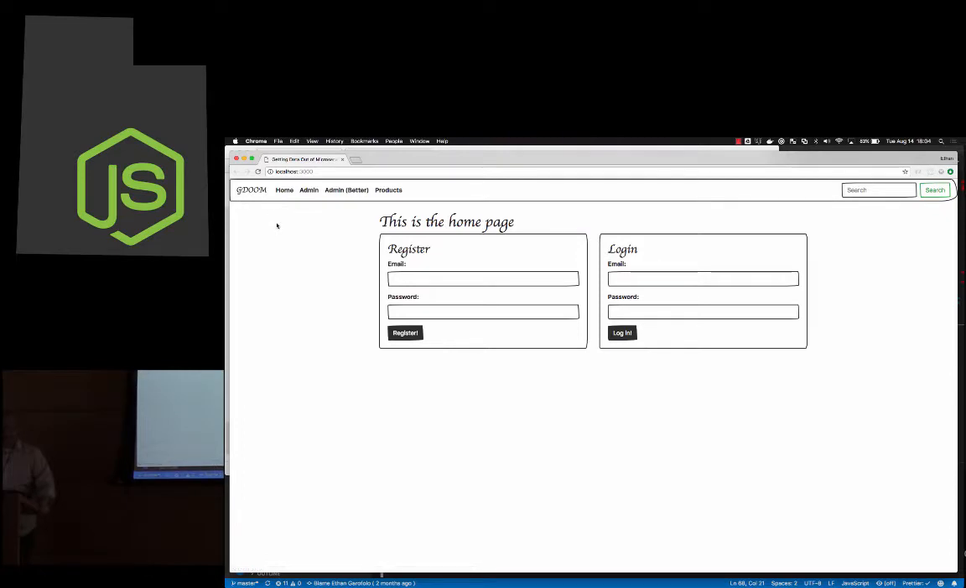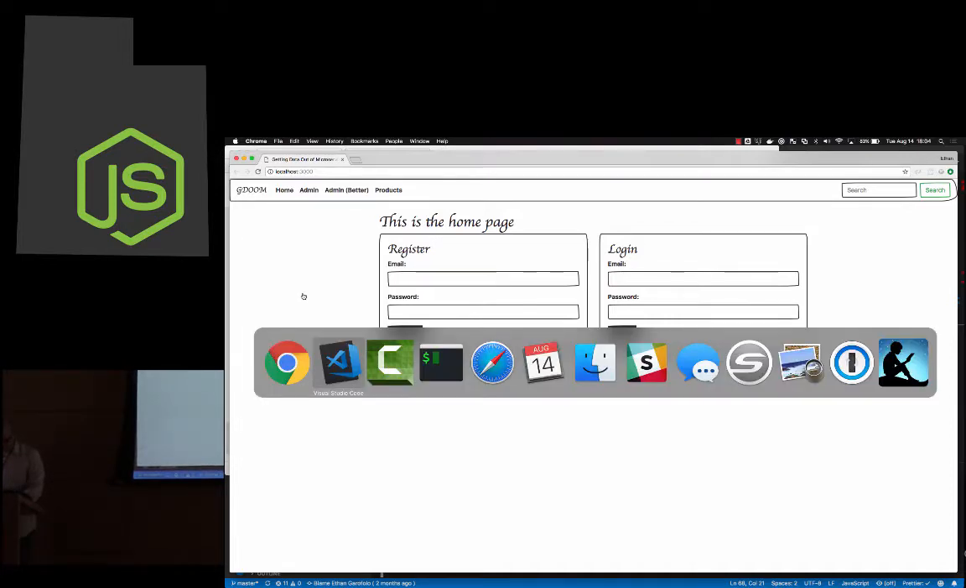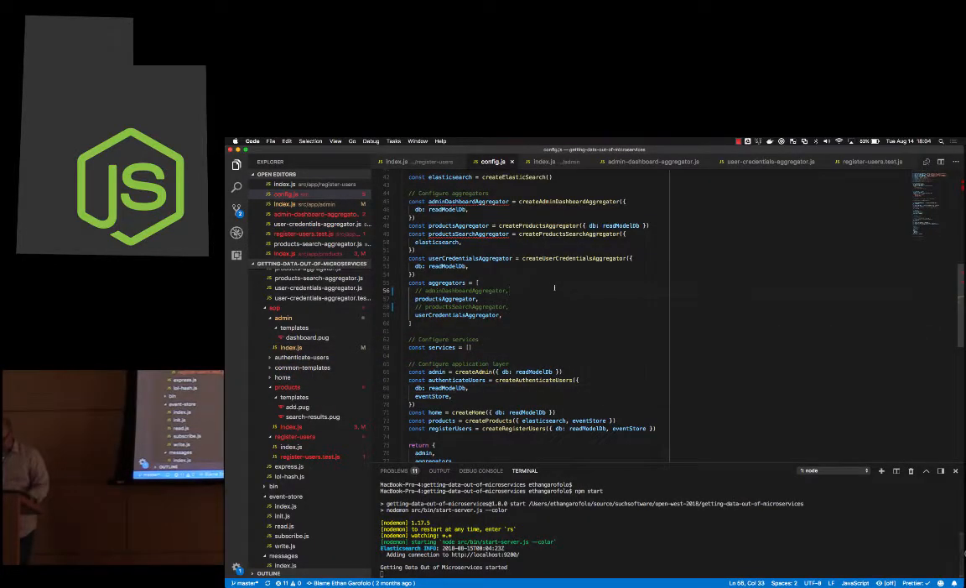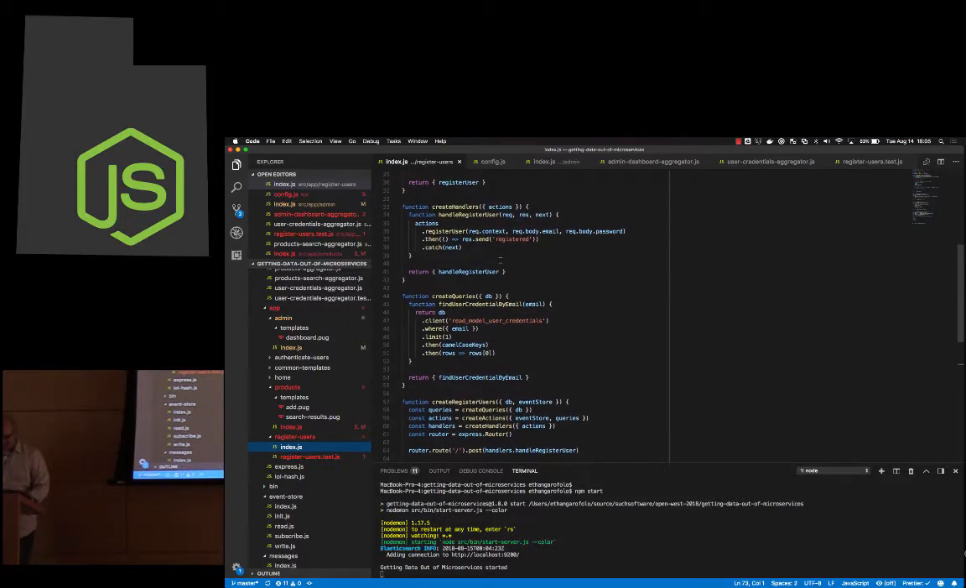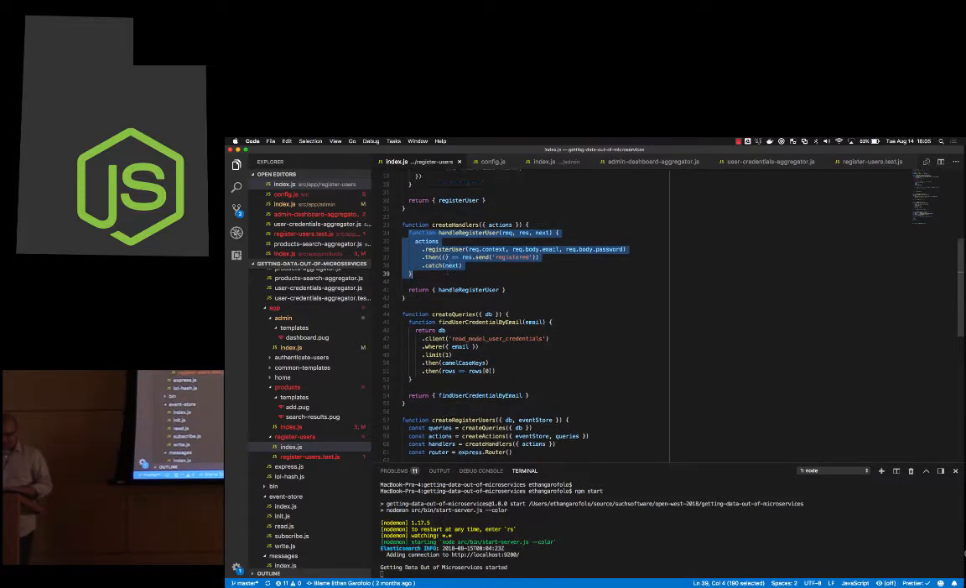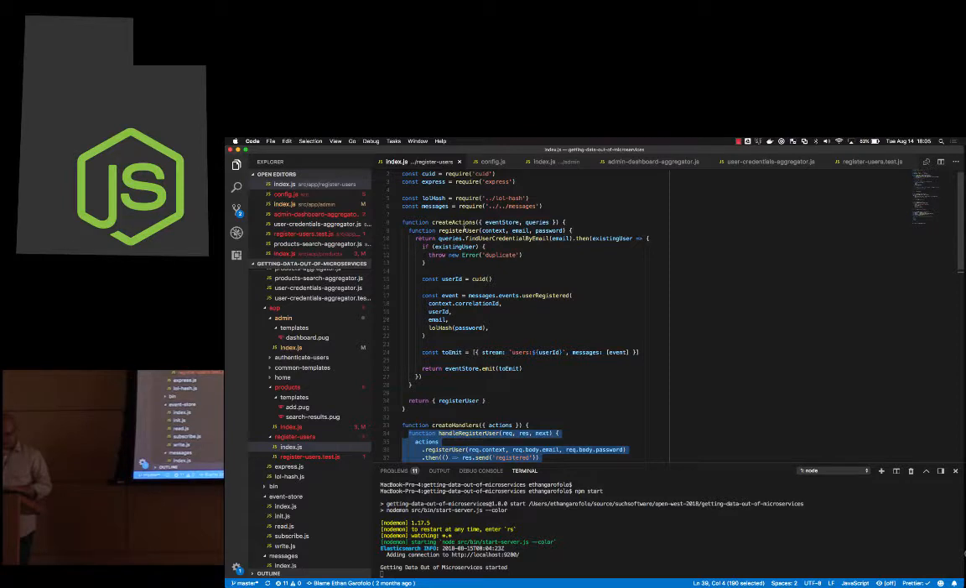GDoom is getting data out of microservices. I can register for it and log in and whatnot. That's not what's interesting here, though. Real quick, where is this? Register users. Here we go. This handler right here is where, if I were to fill in that registration form, it would hit this function. And that hits this register user function up here,